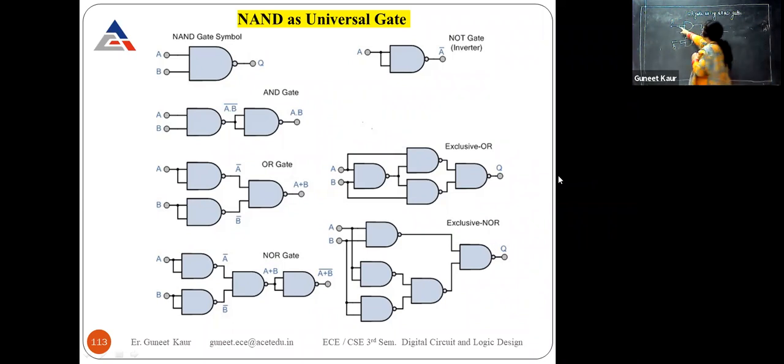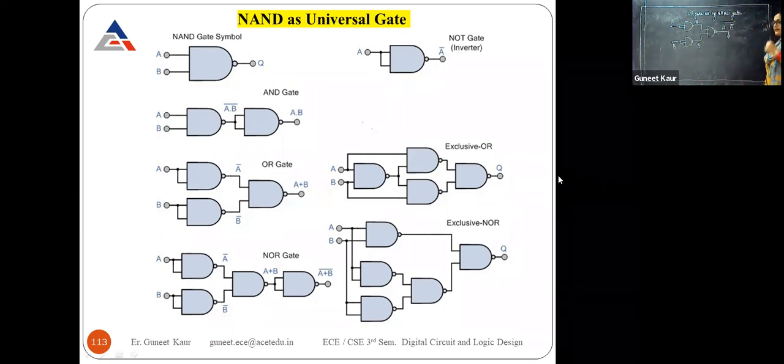Okay. Here, you know that this will work as an inverter. So here we will get A bar. In a similar way, we will get here B bar. So now you can see A bar, B bar. Okay. Now we will get A bar dot B bar, and over this bar because of your NAND. Okay. Now this is your expression.